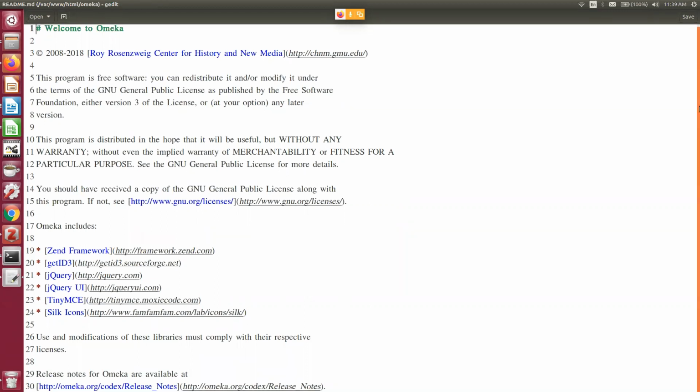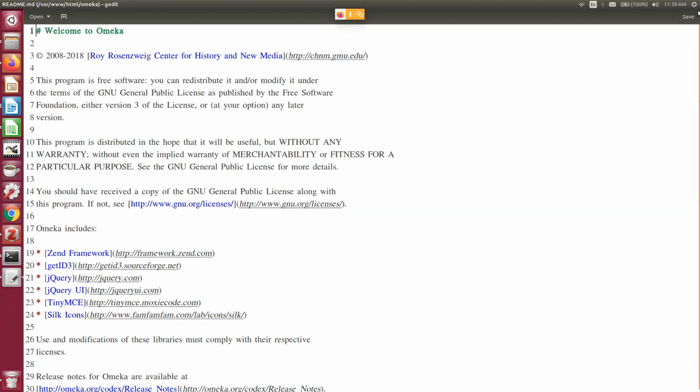So here you can see it tells you, in fact, nothing. It is only telling you in which license it is available, from where it is available, and installation instructions are not written there.